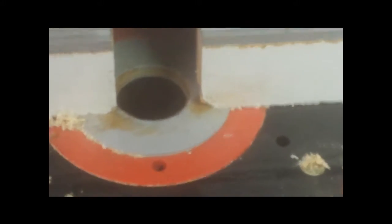Clears it off fine. You don't have to have a regular dust collection system built into your shop. The router vacuum works fine, or the shop vacuum works fine. However, you do have to have the dust extraction. The next thing is